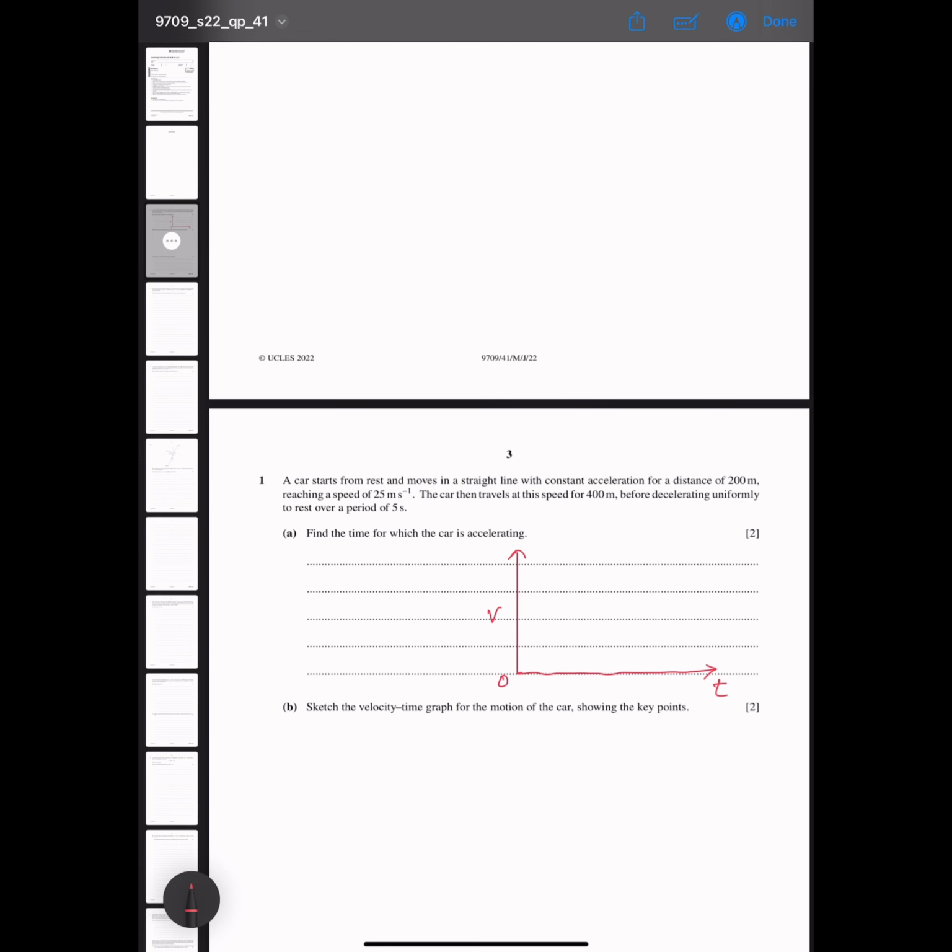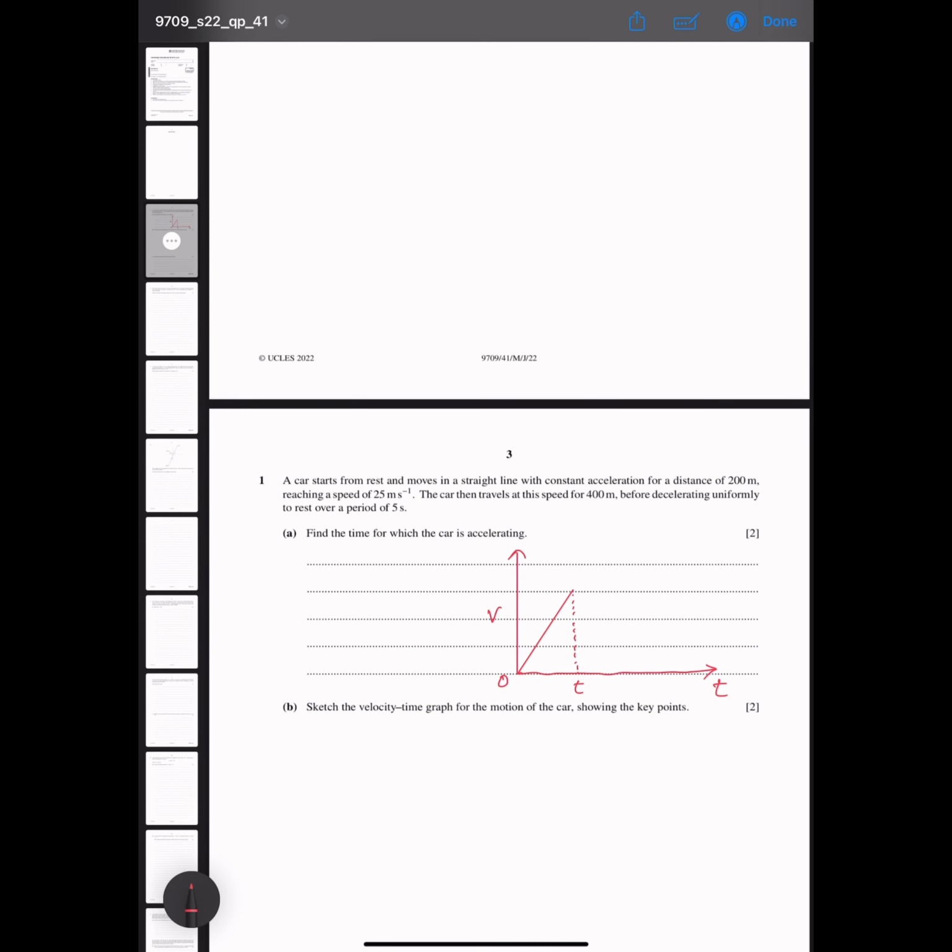Start from rest means speed is 0, with constant acceleration for a distance of 200 meters. This is a constant acceleration for time t, suppose